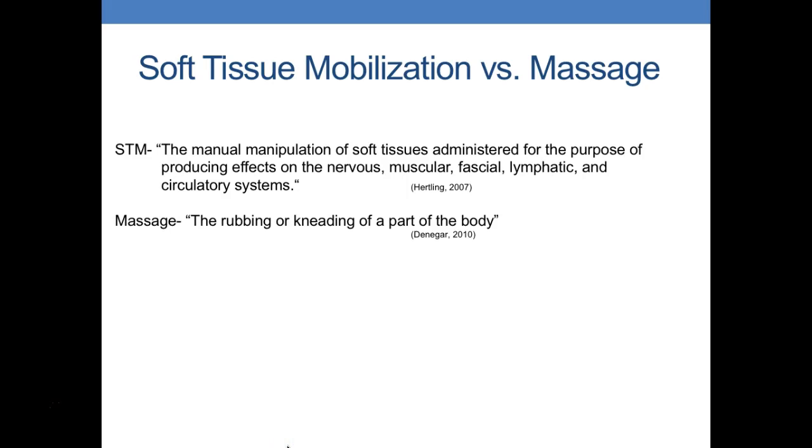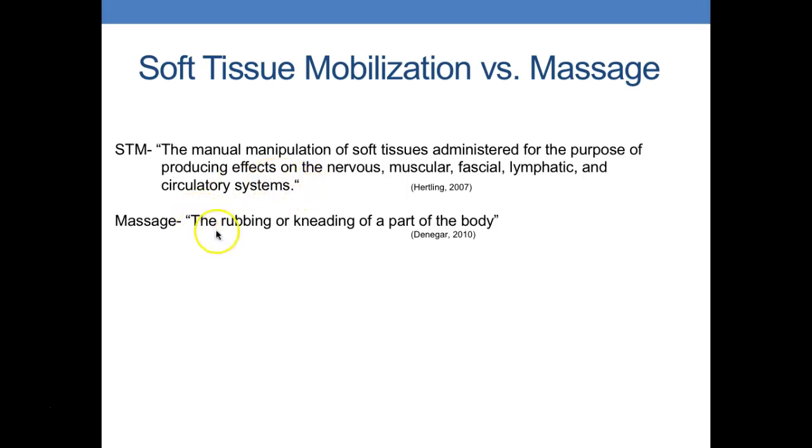So we talked about soft tissue mobilization versus massage, and these are just the definitions. Soft tissue mobilization is that manual manipulation of the soft tissues administered for the purpose of producing effects on the nervous, muscular, fascial, lymphatic, and circulatory systems. Thus, it helps us with our billing to know that it's a therapeutic adjunct